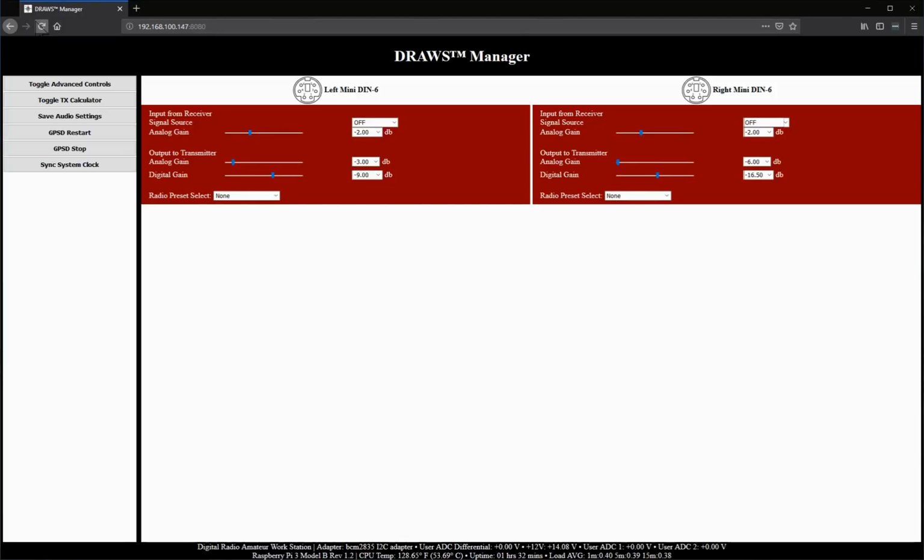On the left is a menu of various actions that can be taken by the DRAWS Manager. We can restart the GPS daemon, we can stop it, we can sync the system's clock to that GPS. Clicking these has no feedback, but it will do the update in the background. So the ones that we'll most be concerned with as a user are the ones that are shown by default,